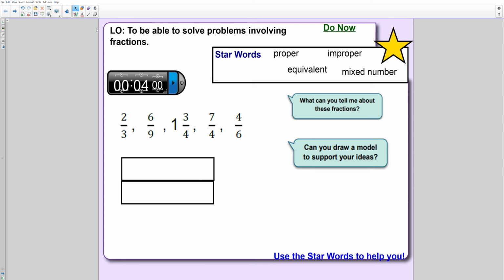There we go. Now for the first one, I've got 2/3, so I want to split this into 3, like this. Okay, so I've got 2/3. Now, if I want to make something into ninths here, I know that's not the best drawing. If I want to split something into ninths, I'm going to use the fact that I know that 3 times 3 is 9. So I'm just going to take this down here, and take this down here, and I'm going to split it horizontally